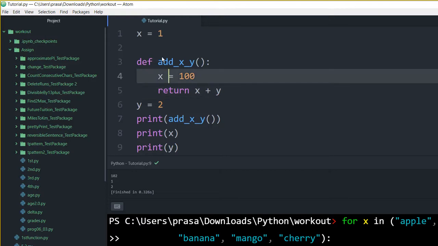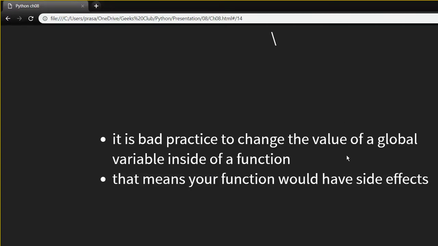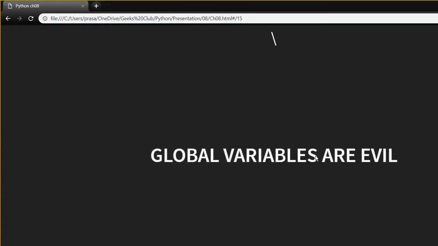Let me show you what the keyword is, but don't do that. If you define global x, this value will be taken from here and it will be printed as 3 like before. So this is the workaround, but it is for the worst case scenario if you have something to do for sure. Global variables only. Well, this is a statement from my professor, so I just kept it there.